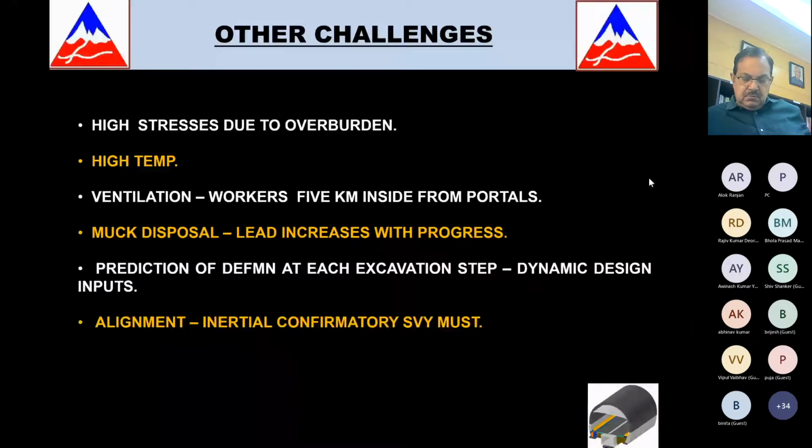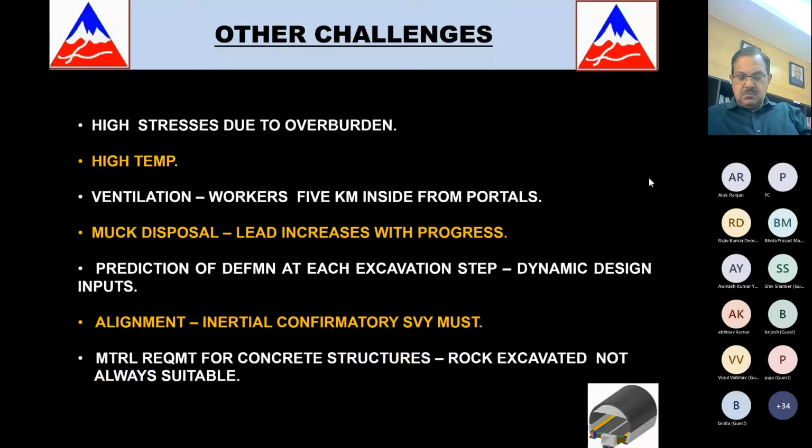Alignment. Since this has only two portals, north and south, and they can be traversed only through Rotang Pass, what we did is for every 1 kilometer, we got a gyroscopic inertial survey. We did it to ensure corrections are done because we understand that it is finally a magnetic equipment. Because of all the tunnels, there are induced errors in that system. To be able to correct those errors, you need to do a non-magnetic survey, which is an inertial survey. So every 1 kilometer, we did an inertial survey, and finally, when we did the breakthrough, we were within 3 centimeters of the desired place. So that was the accuracy that we had of these survey systems there.